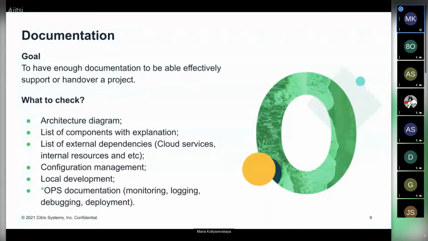So, starting from the audit, I want to emphasize the importance of documentation. And when you review documentation, you should again be pretty sure about what goal you want to achieve. I suggest you focus on the goal of having enough documentation to be able to effectively support or hand over a project. In this case, you will try to have enough documentation, right? So you can support your application, you can deploy it, you can somehow debug it, maybe with developers' help, but